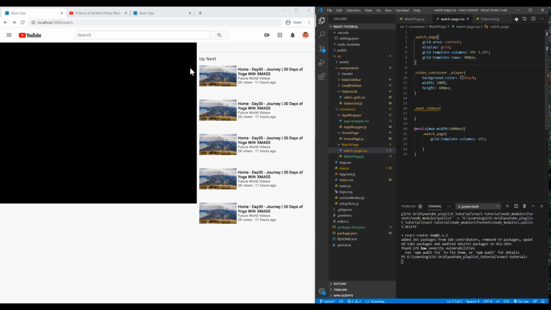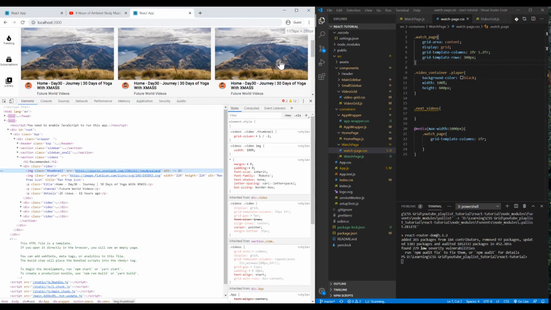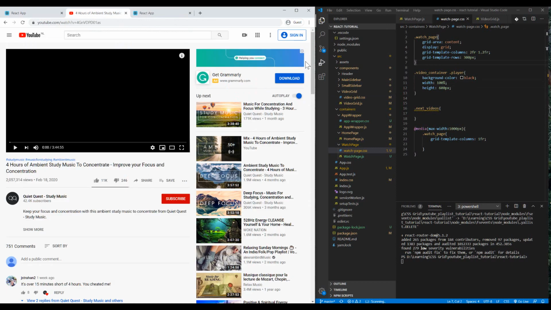Yeah, but we also need a space between these areas, and it's gonna be the same, so I can use grid gap for it. Video container, I can apply it to this grid gap,